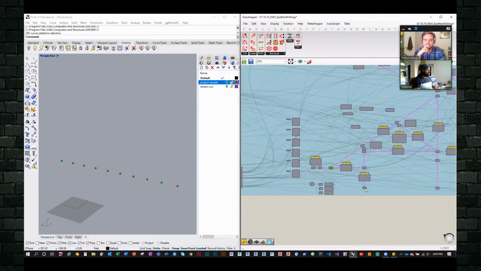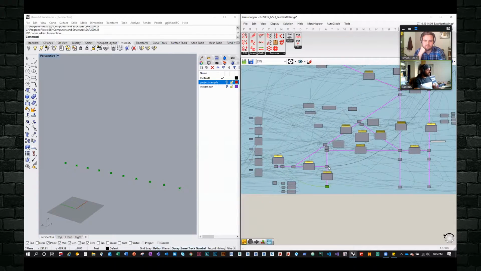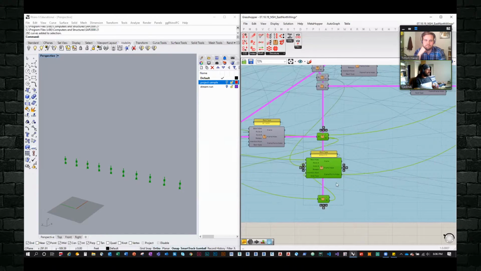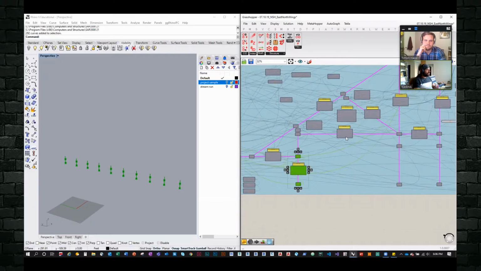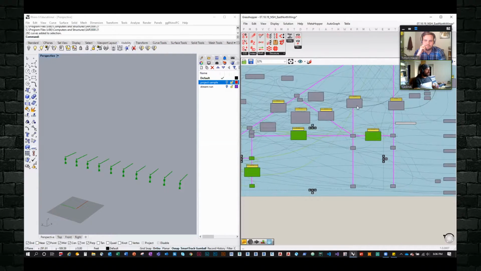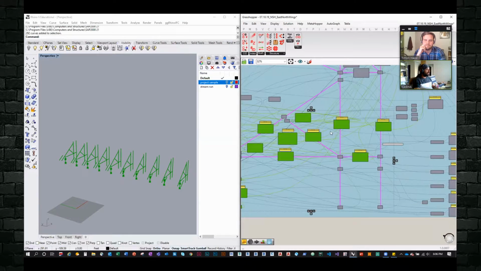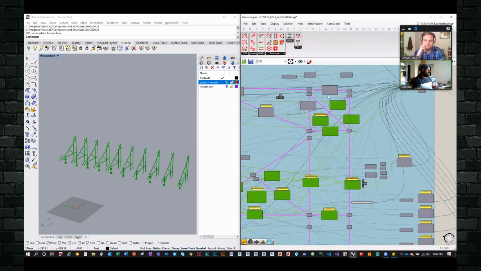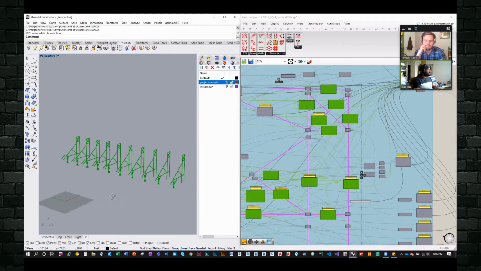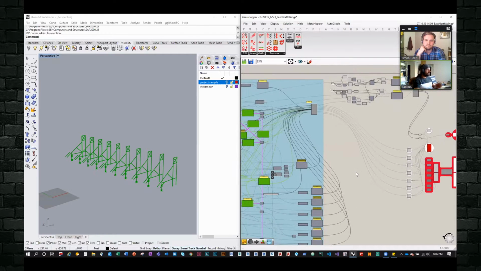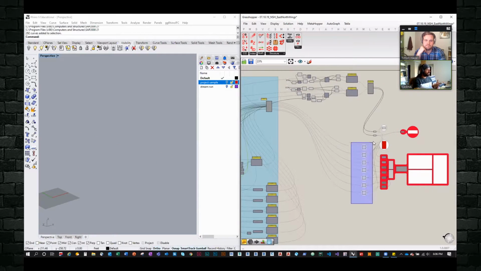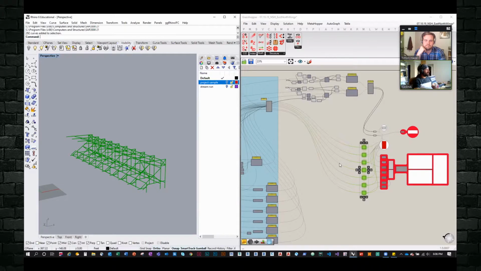And the levels into grids, and then take the grids and then basically connect them. So each component that I'm clicking on here is a cluster that kind of does special things on the inside. And so as we work our way around the stadium, you see that the whole thing kind of gets built over and over again, utilizing really about, I don't know, 8 to 10 different clusters. And obviously for different parts of the stadium, I had to develop other clusters that were project specific or part specific. And eventually you kind of get the stadium.